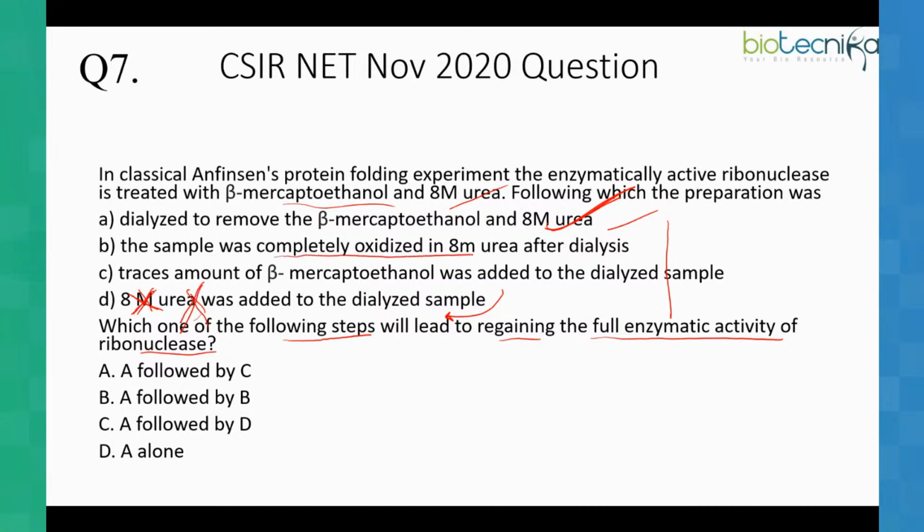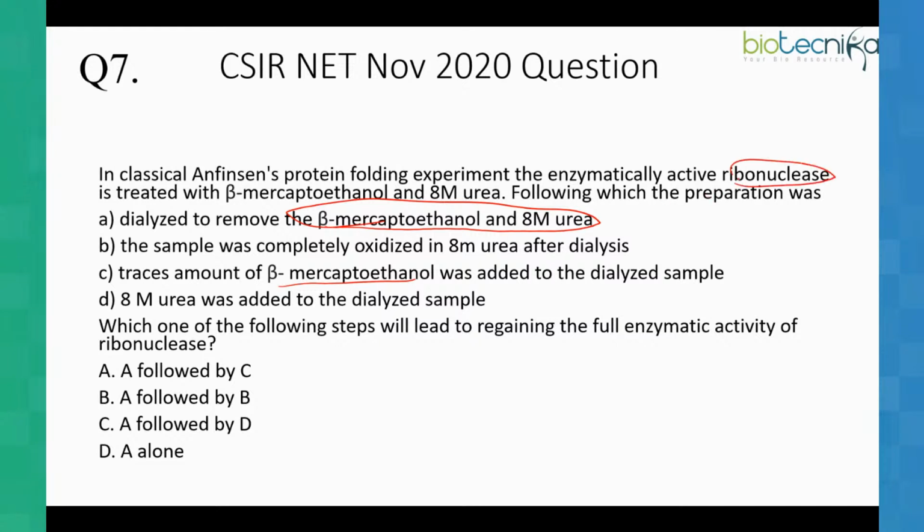Sample was completely oxidized in 8 molar urea. So this is also more or less the same. You are again oxidizing it, means basically you are promoting formation of disulfide bonds once again once the protein is denatured. But urea is not the one where the disulfide linkages will be encouraged to oxidize. For that, you need trace amounts of beta mercaptoethanol. You can't give huge amounts. You just need a little amount of beta mercaptoethanol, so that once the denaturing agents are removed from the protein,